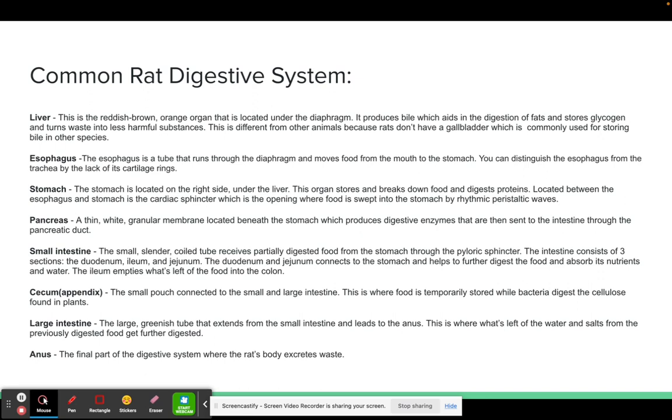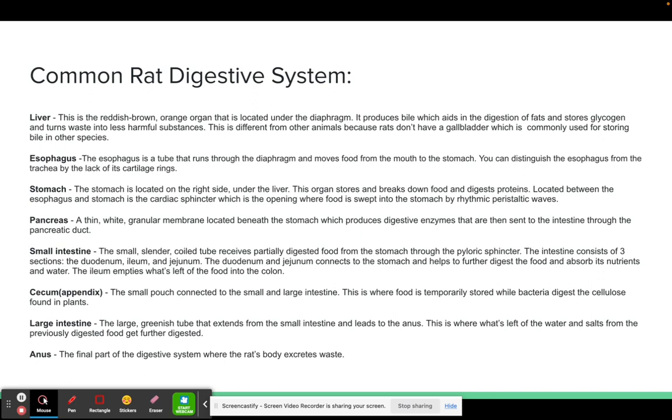The rat's stomach is located on the right side, underneath the liver. This organ stores and breaks down food and digests proteins. And it's located between the esophagus, and it has a cardiac sphincter, which is an opening where the food is swept into the stomach through the use of rhythmic peristaltic waves. The pancreas is a thin white granular membrane located beneath the stomach, which produces digestive enzymes that